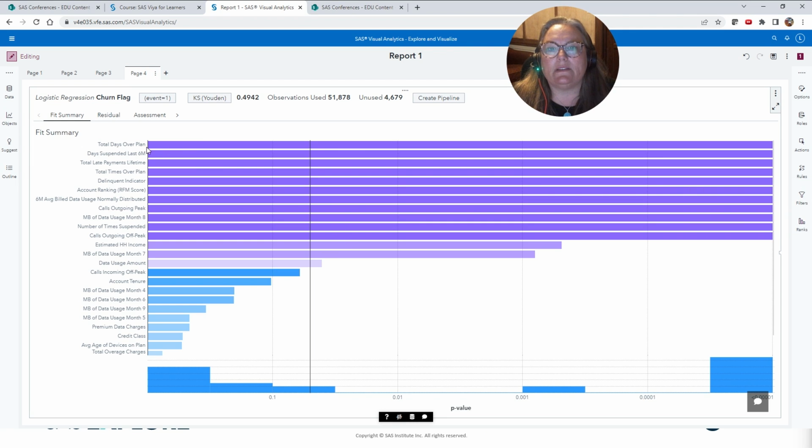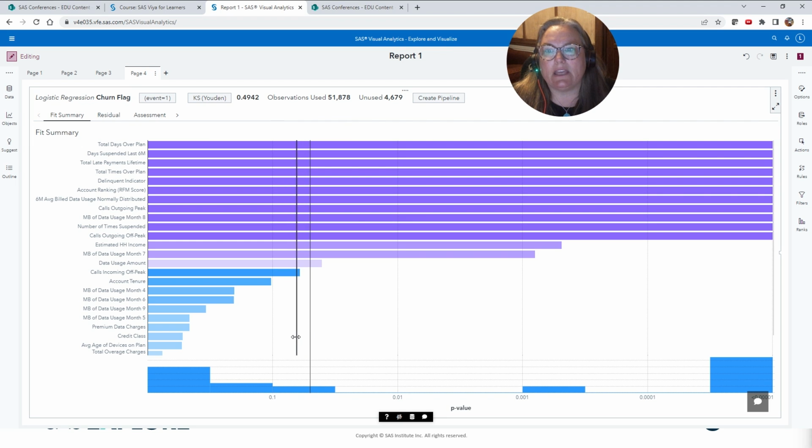So we can quickly see total days over plan, days suspended, late payments, all of these are significant, and we are evaluating this at the 0.05 level. This is indicated here by this blue bar.